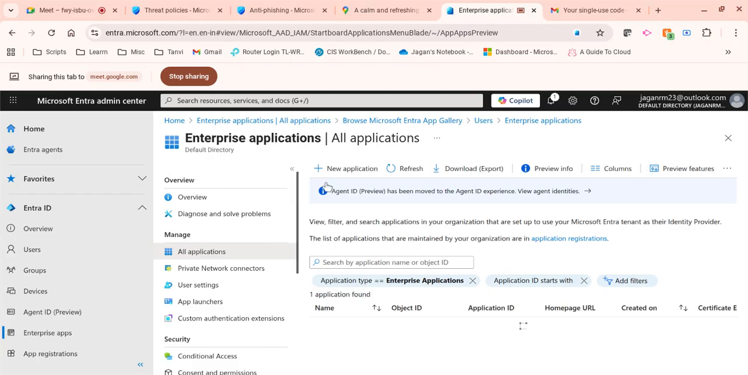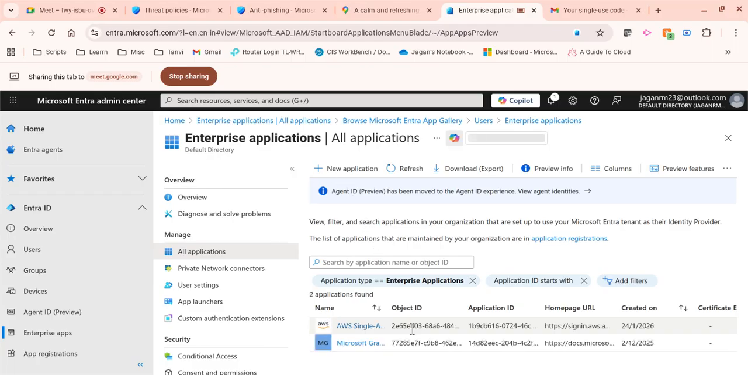What is that? Protocols. There are three protocols in SSO also, so you need to understand those three also. Those are